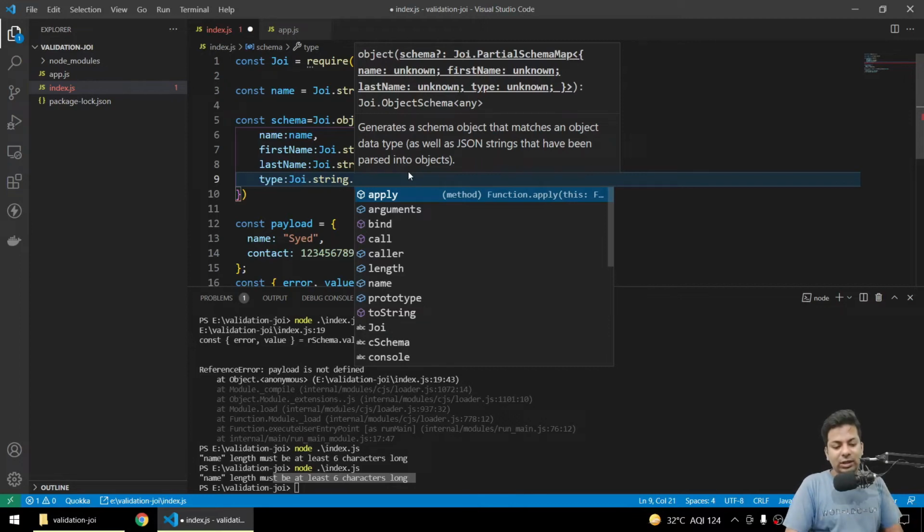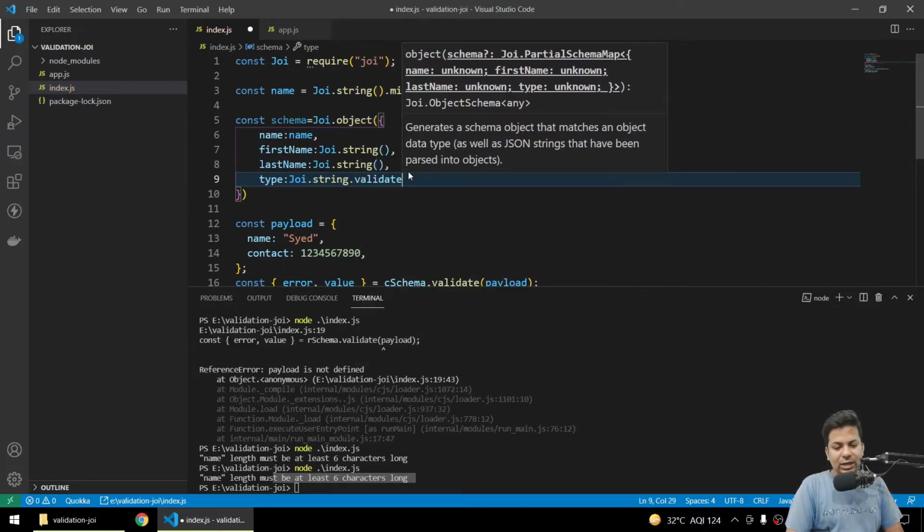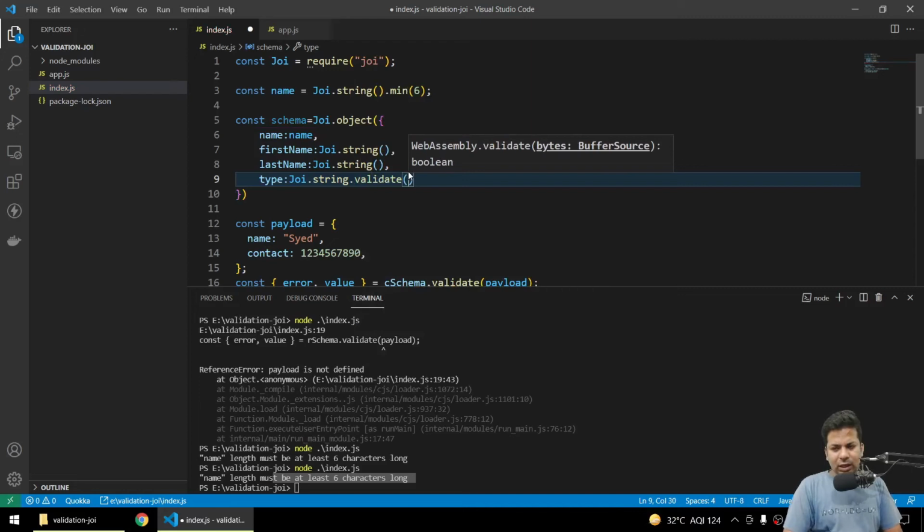So here we'll say dot validate, and in here we'll just give the values. We accept student and teacher. So now this will only accept teachers and students. Any other value won't be acceptable here.